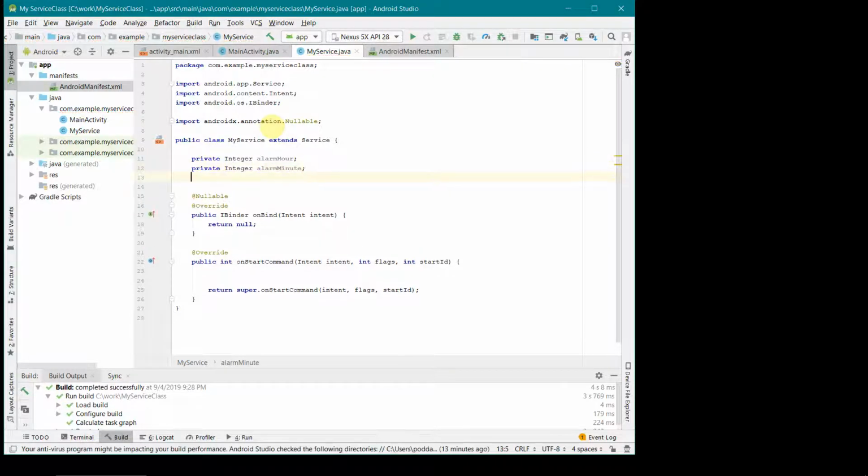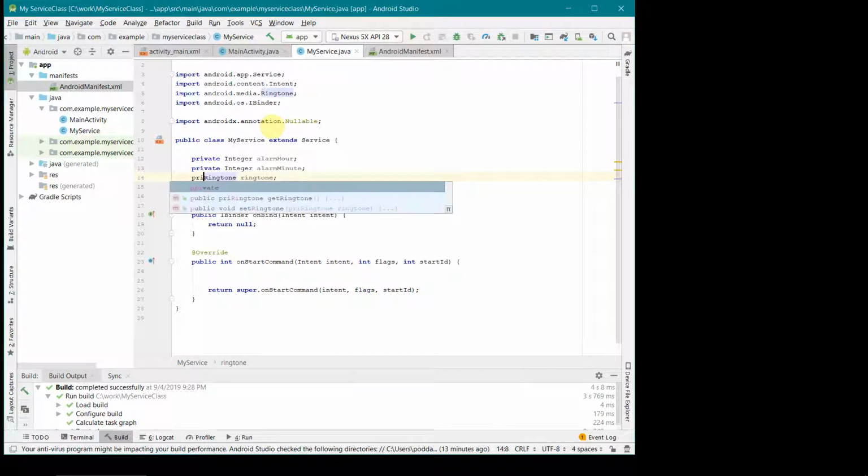Okay, and then apart from this, we'll also need a ringtone, private, to make sure that we are able to play the ringtone in our phone.